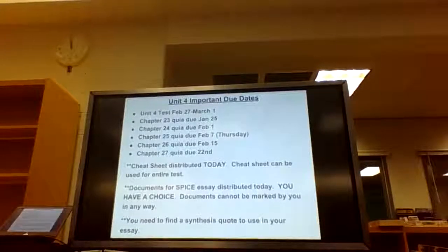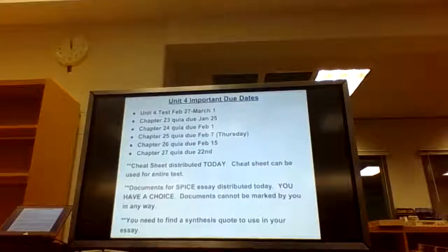It's actually a smaller unit. We've had 8 chapter units, 7 chapter units. This one's only 5. Just look and see if you have any questions. I asked for 1 KIA per week. First one would be this Friday. That's chapter 23. Also note that we don't have school February 8th, so that week's KIA would be due the day before, on the 7th.